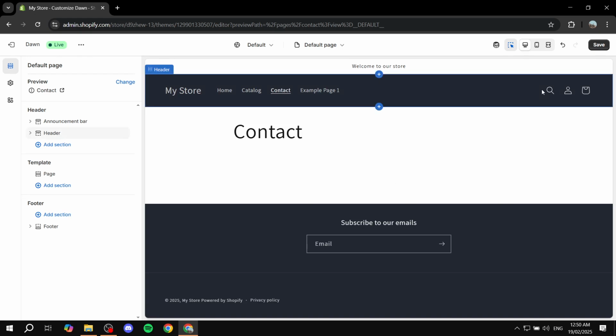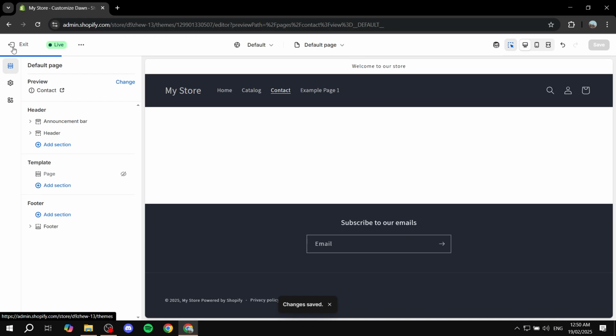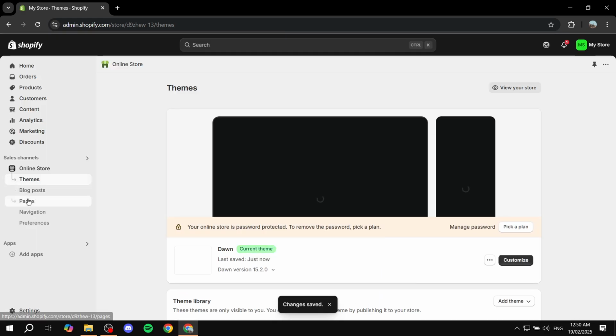And if you remove that from here, it's pretty much gone. You can't really see it anymore. It's going to be pretty much not visible. And then you can just feel free to add stuff or add a background. All of these things are available to you here if you want to do that from here. And if you change anything from the default page, it's going to change for all the different pages that you add to the default page. Hopefully that made sense. So if we just click on save here and click on exit,